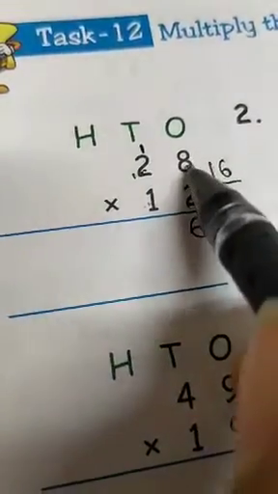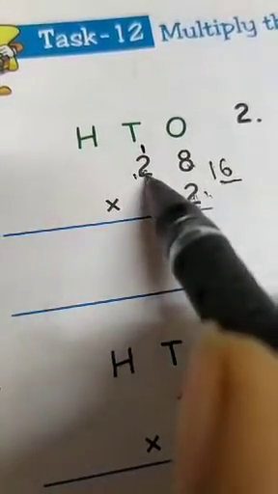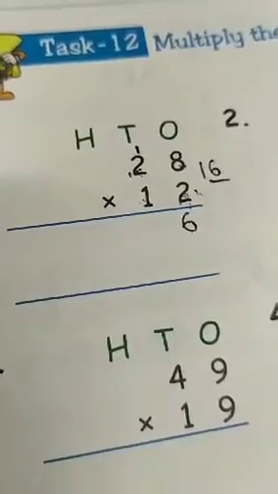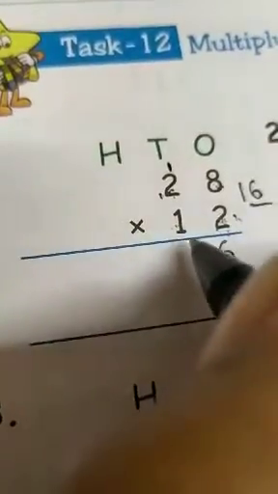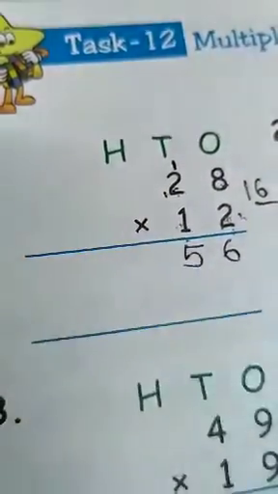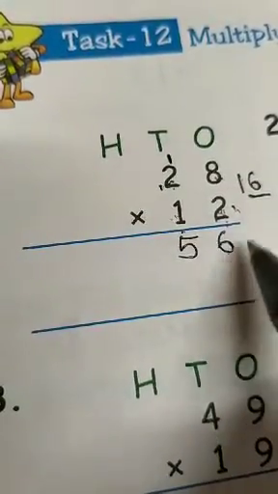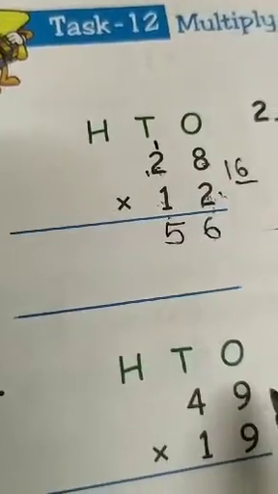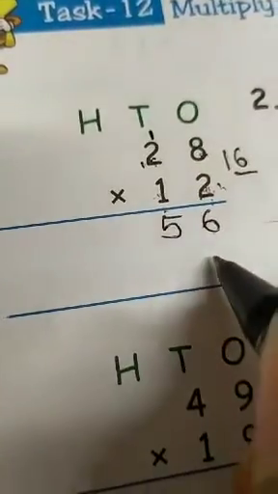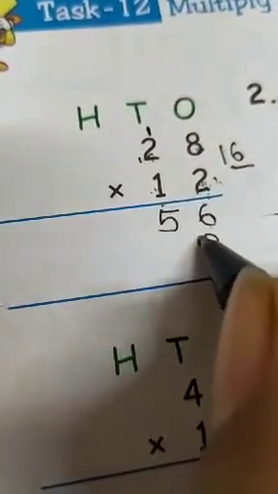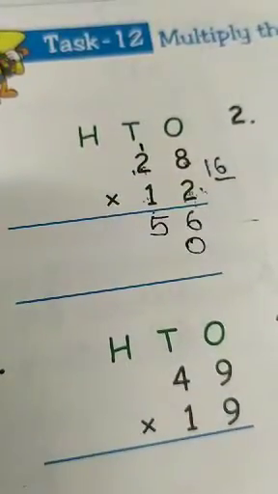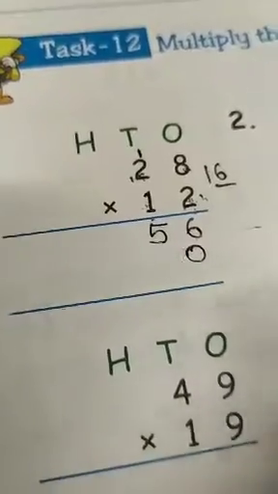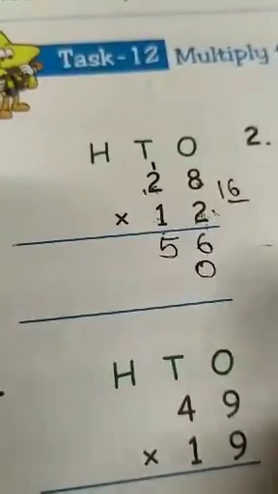Now see, we multiply with the ones place. Now multiply with the tens place. So 2 twos are 4 and 4 plus 1, 5. Okay, means with these 2 we multiply both numbers. Now see what you have to do. Downside of 6 you have to write 0. Okay, what you have to write? 0. Now see, next what we have to do?